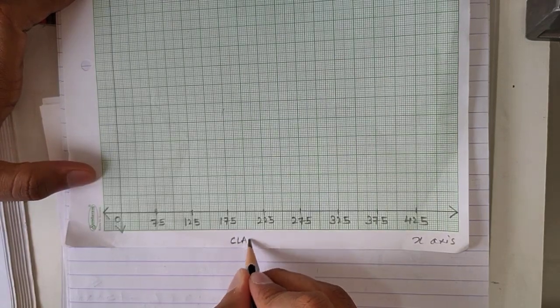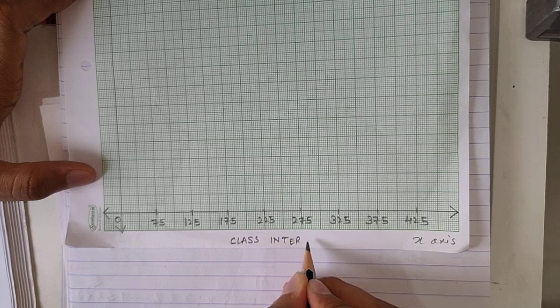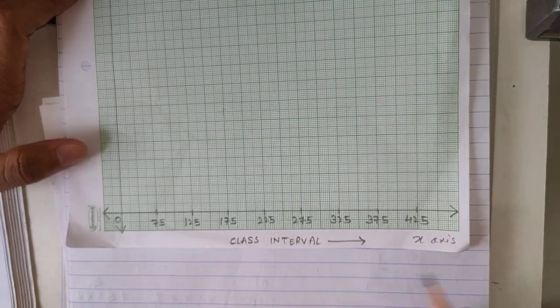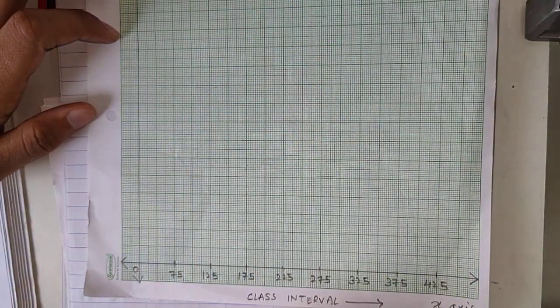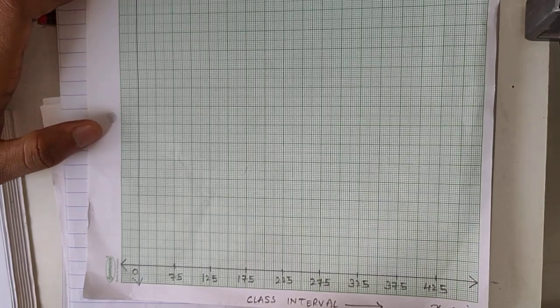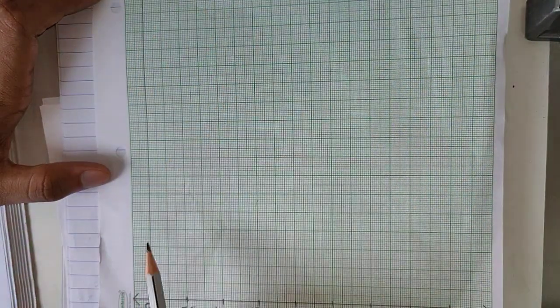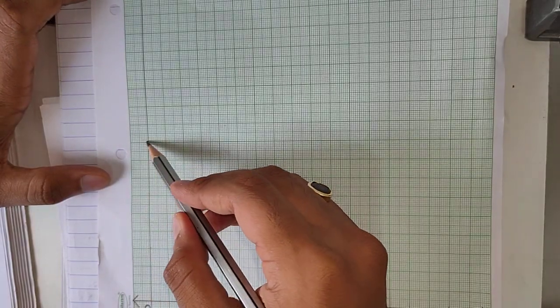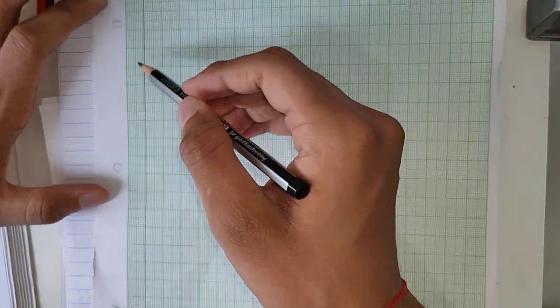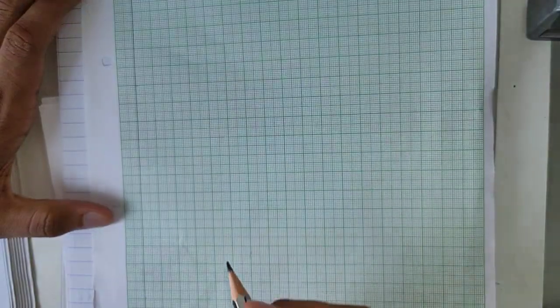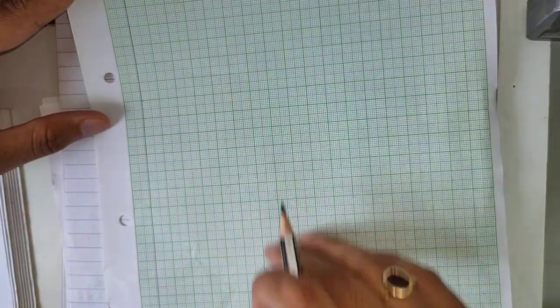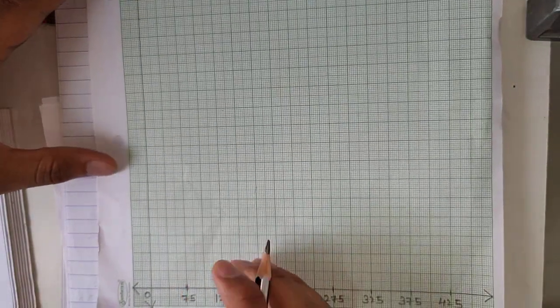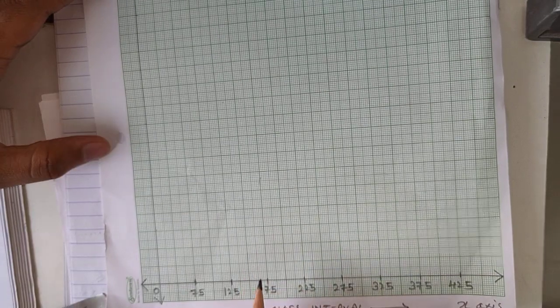And we have to label here that this is the class interval, and this is frequency. So the maximum value of frequency I can see is 22. So I have to mark 22 here. So let me count 3, 6, 9, 12, 15, 18, 20. Now, if I take 22, I will get the graph till here. So the frequency polygon will become very big. So it is better I keep the gap of 2 directly.